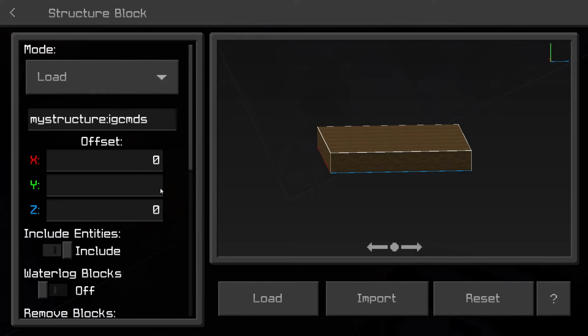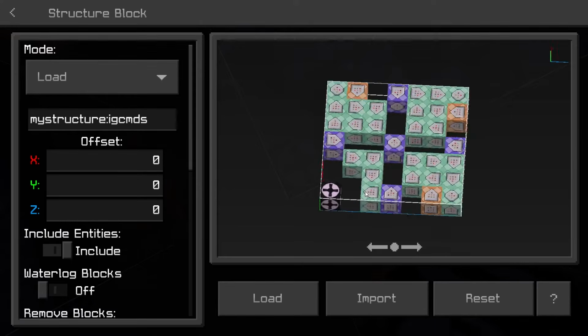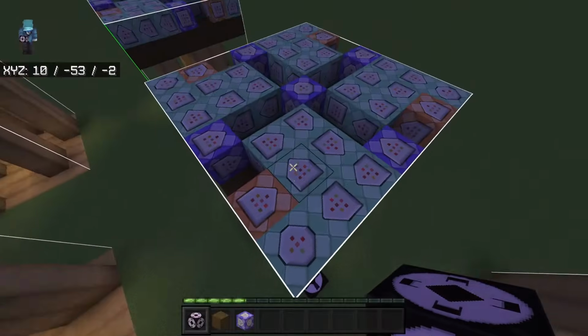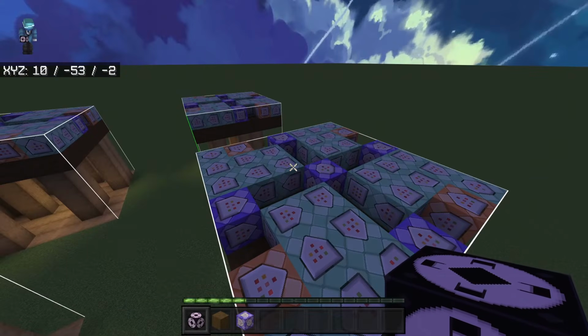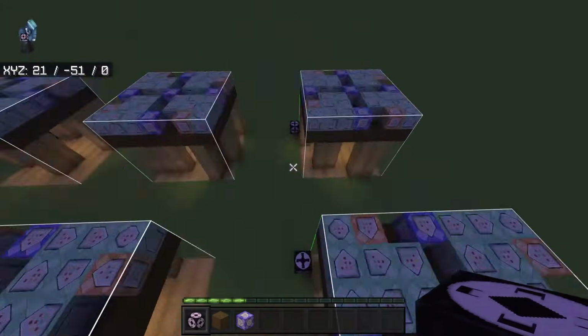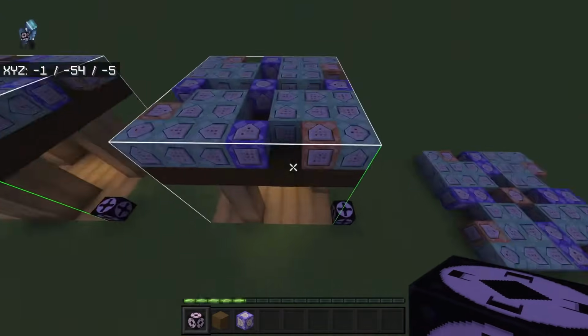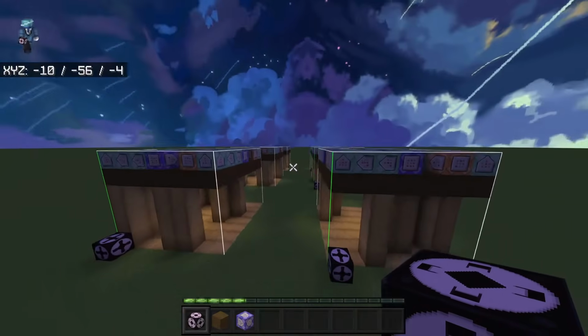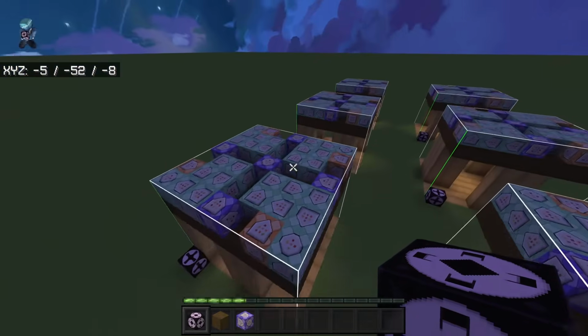Make sure that your offset is not -1. Make sure it's placing right here. Then you just place load, and it will load all of those commands. Then you guys just want to do the same thing for all 6 structures. And then once you guys are done loading it on top of all 6 structures, make sure it fits within